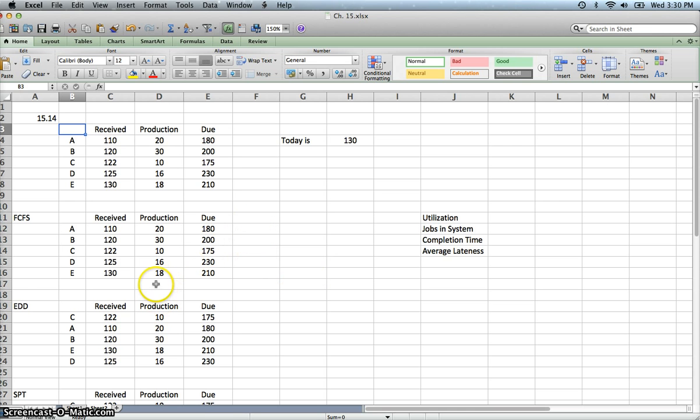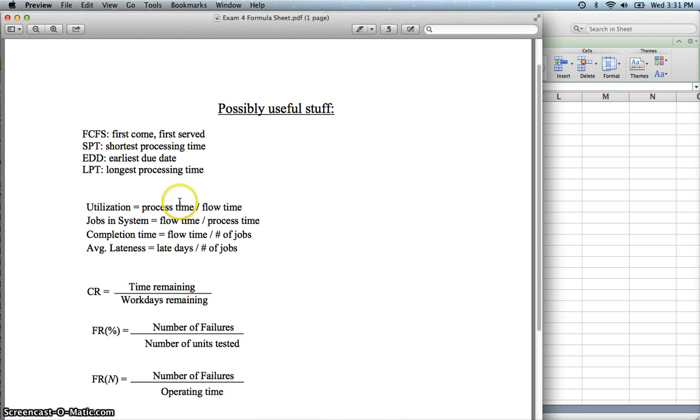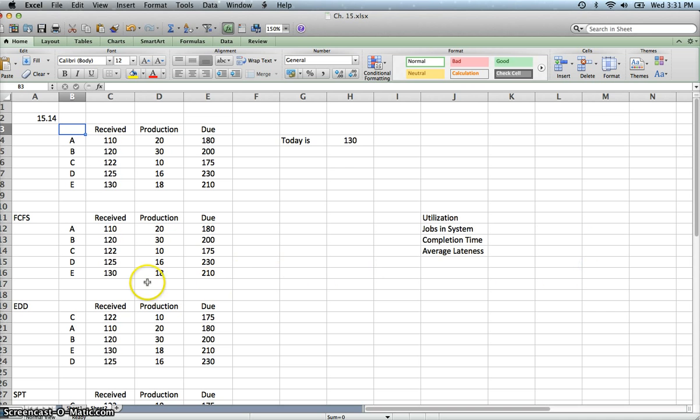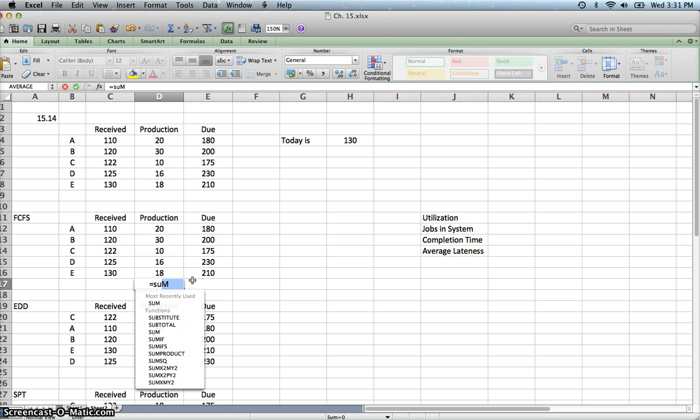So we need to calculate a couple things. Now these formulas for utilization, jobs in system, and completion time, and average lateness or tardiness, or average flow, are here listed. But we need to know the process time and the flow time. The process time is based on the total production time. So if we were just to do these in order 20, then 30, 10, 16, 18, what would be that total time? So let's put a sum here,